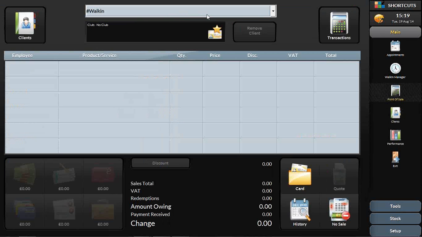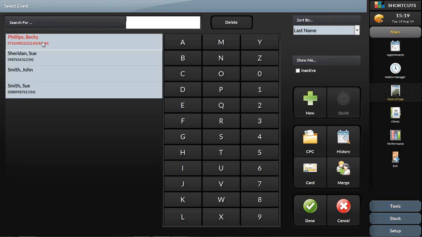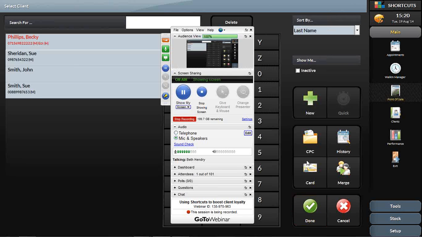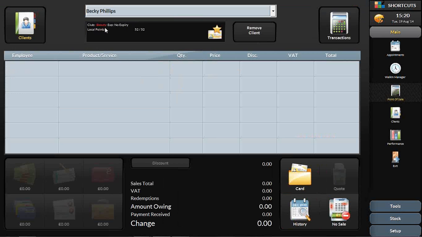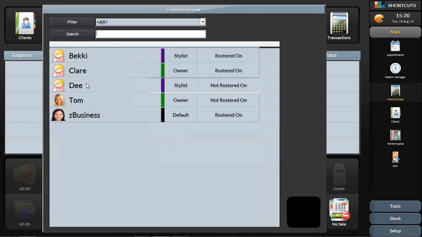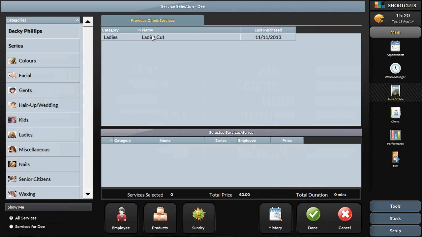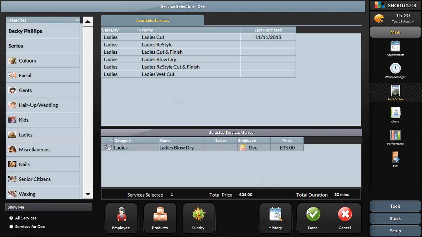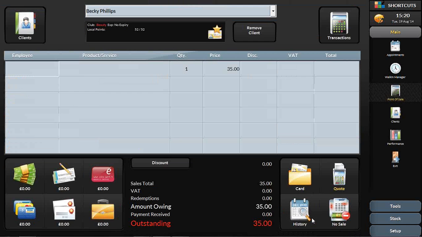Okay, so I'm just going to pop into point of sale, and I'm just going to explain how we actually redeem our points as well. So Becky's going to be my client, and you'll see at the top that it tells me which club that she's in, and it also tells me how many points she's got. So all I need to do is just process a bill for her. Brilliant. So she's had a blow dry and it comes to £35,